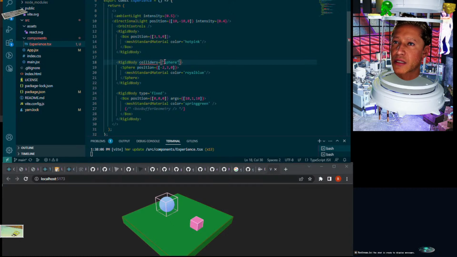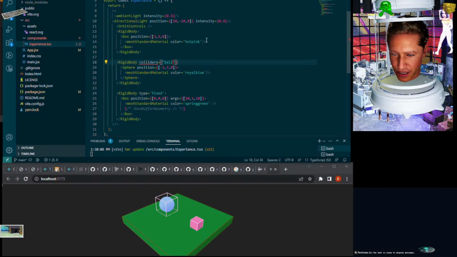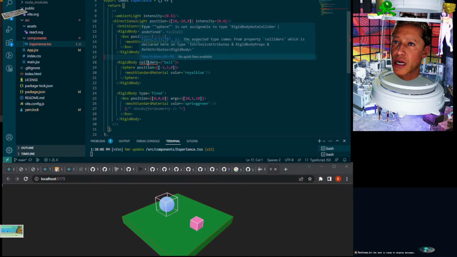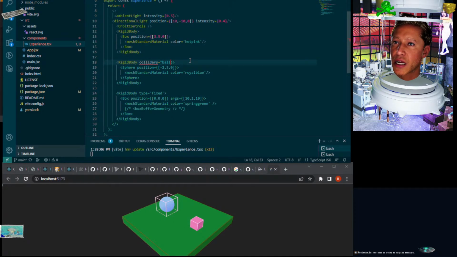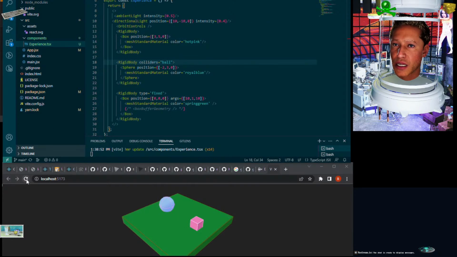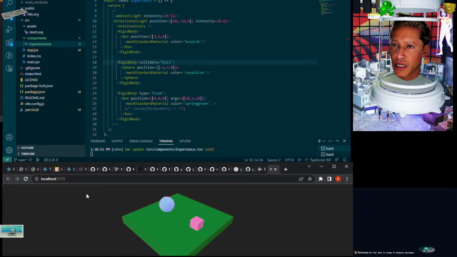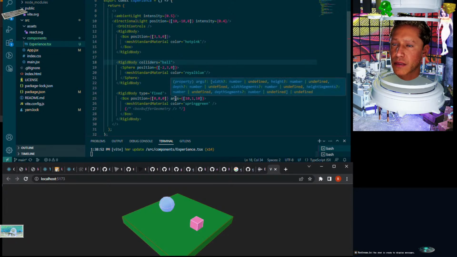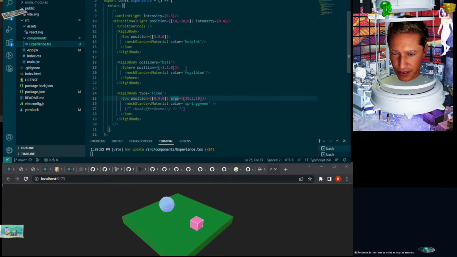Ball. That one's ball. Okay, that's weird. Okay. And so